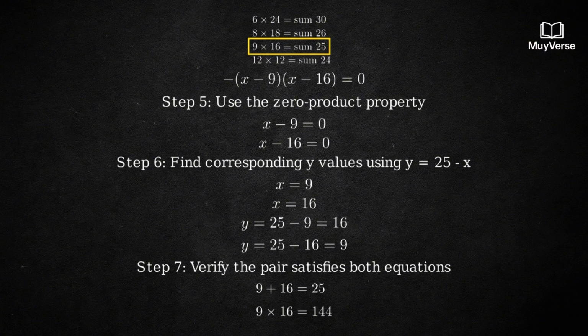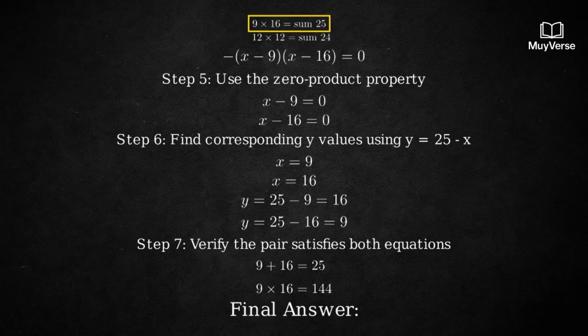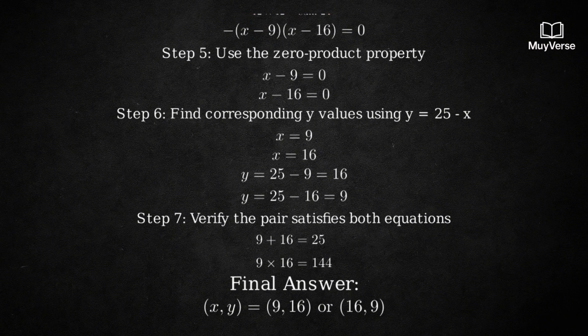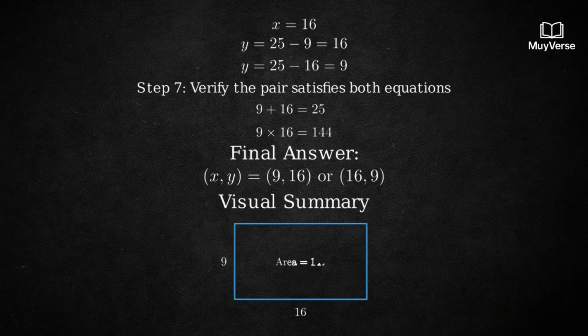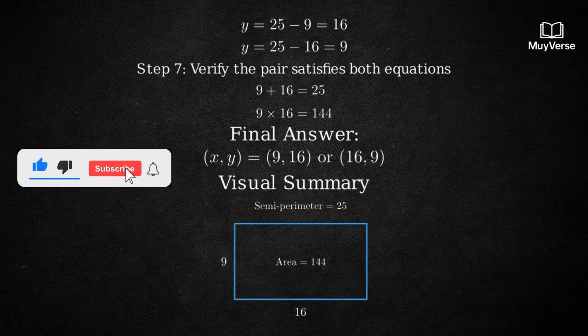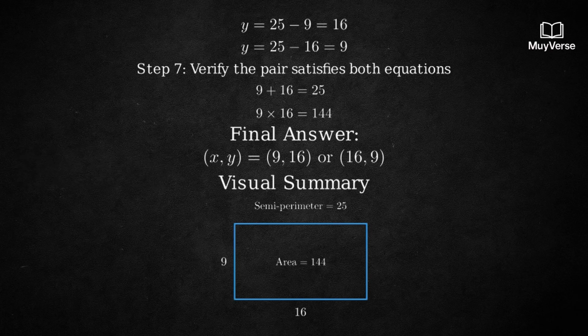Both conditions are satisfied. Therefore, our final answer is the pair x equals 9 and y equals 16, or equivalently, x equals 16 and y equals 9. Both represent the same solution to our system of equations. Let's visualize our solution. We can represent this problem as finding two numbers that fit in a rectangle. The two numbers are the dimensions, their sum is the semiperimeter, and their product is the area. Our solution shows that a rectangle with dimensions 9 by 16 has a semiperimeter of 25 and an area of